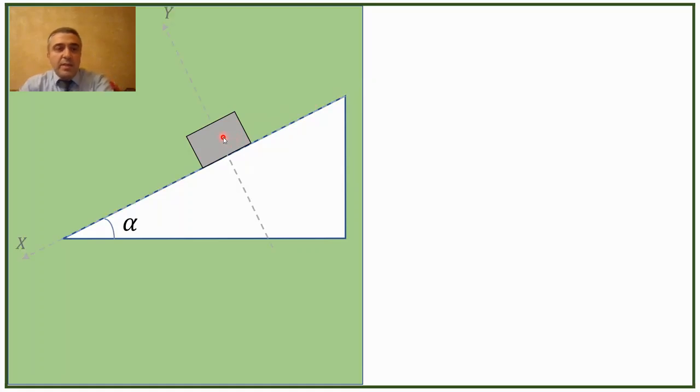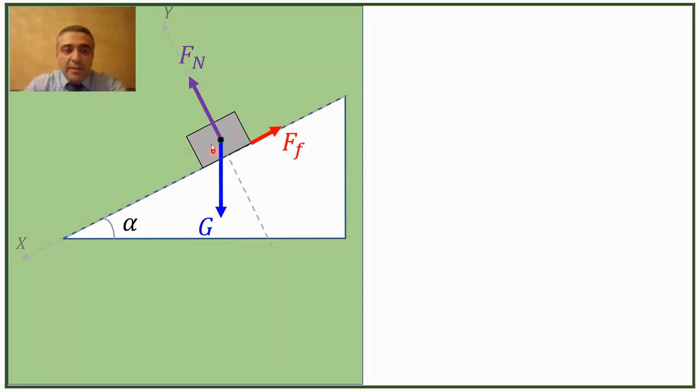Okay, in order to explain and discuss it, we have drawn the y-axis and x-axis. You see that the direction of the x-axis is downward because we suppose that this object is going in the downward direction. So this object is under three main forces